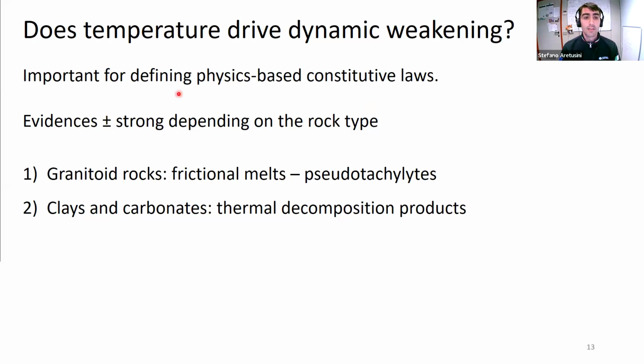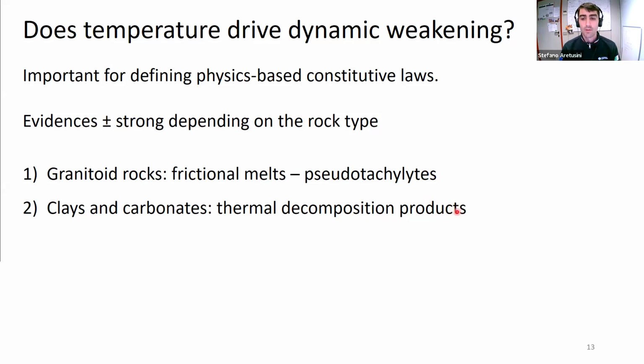And we already have a lot of evidence, more or less strong, from previous studies. And this evidence depends on the rock type. For example, in granite rocks, it's quite clear that temperature is somehow driving dynamic weakening because of the development of frictional melts, also known as pseudotachylites. But in clays and carbonates, the picture is more blurred. We don't really know if thermal decomposition products that have been documented are actually due to an effect of temperature